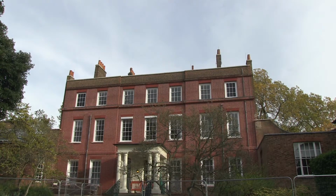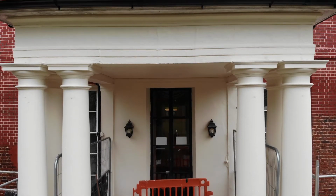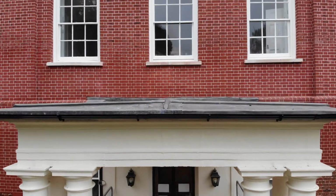As with anything this old, you're bound to come across some surprises. Although the building was required to be tuck pointed, given its listed status, we were surprised to discover that this wasn't always the case. Whilst workers were replacing the portico roof, we discovered a small section of Georgian penny pointing,